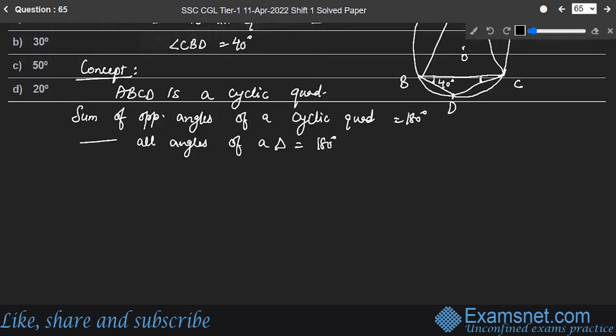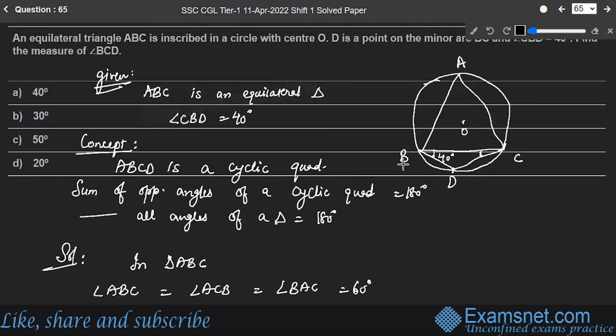First of all, I'm taking the triangle ABC, so let's move with the solution in triangle ABC. Angle ABC is equal to ACB is equal to BAC, each equal to 60 degrees. This is an equilateral triangle. So what do you have over here? This is 60, this is 60, and even this is 60. Correct? Now, if I'm taking the cyclic quadrilateral,